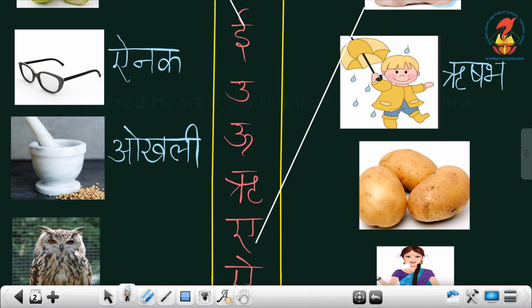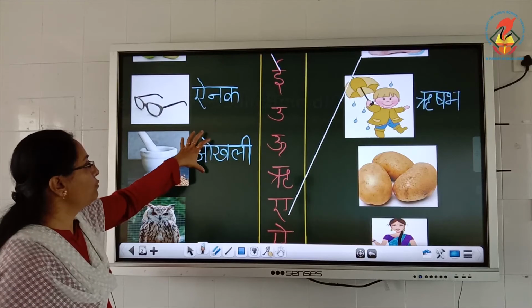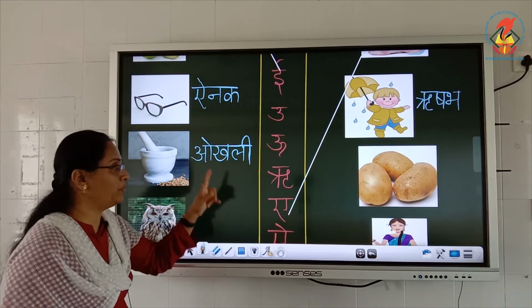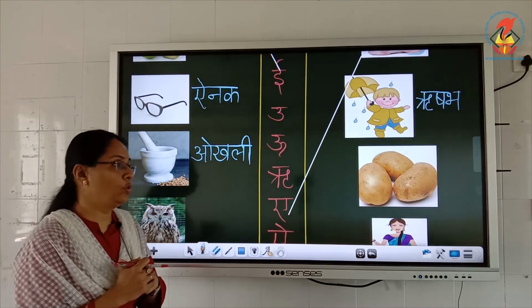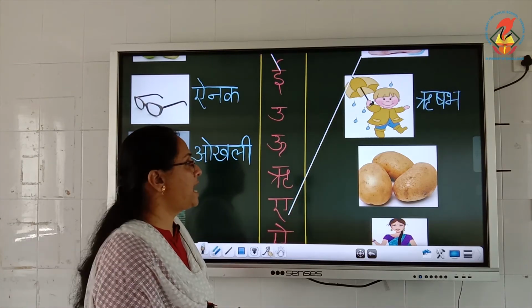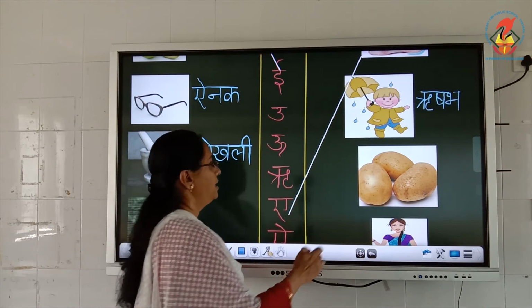What is this? So what is the first sound? O. So you will match this picture with which letter? O. Now comes, look at this. What is it known as? It is known as